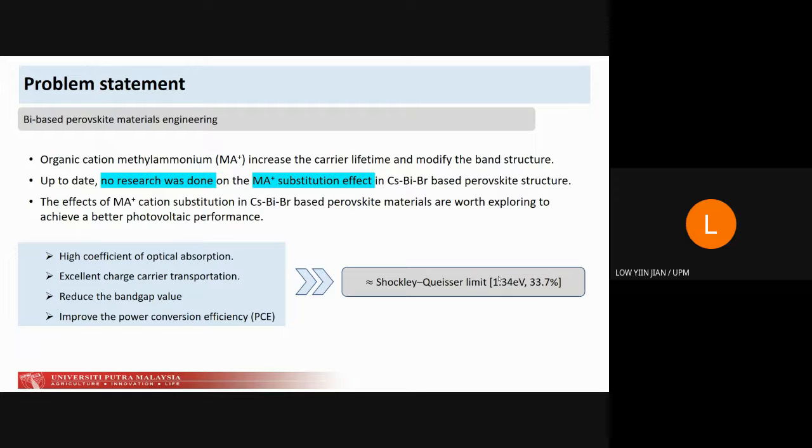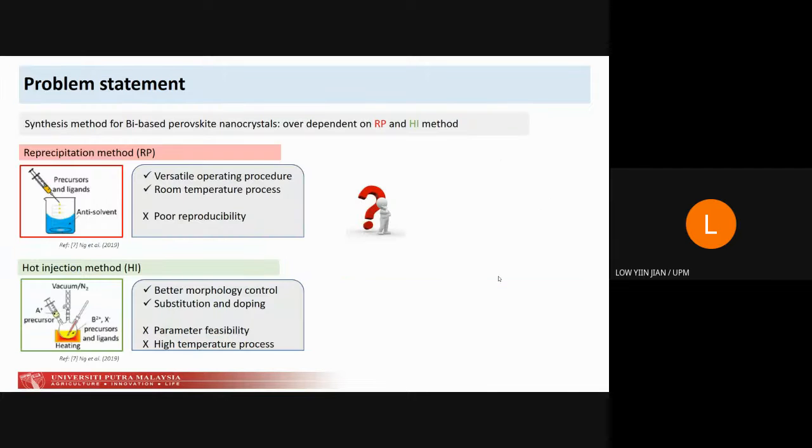Hence, the effect of the MA cation substitution in the CsBiBr-based perovskite materials is worth exploring in order to achieve a better photovoltaic performance close to the Shockley-Queisser limit. Okay. So besides the material properties perspective, sample preparation is also a bottleneck for the production of a high